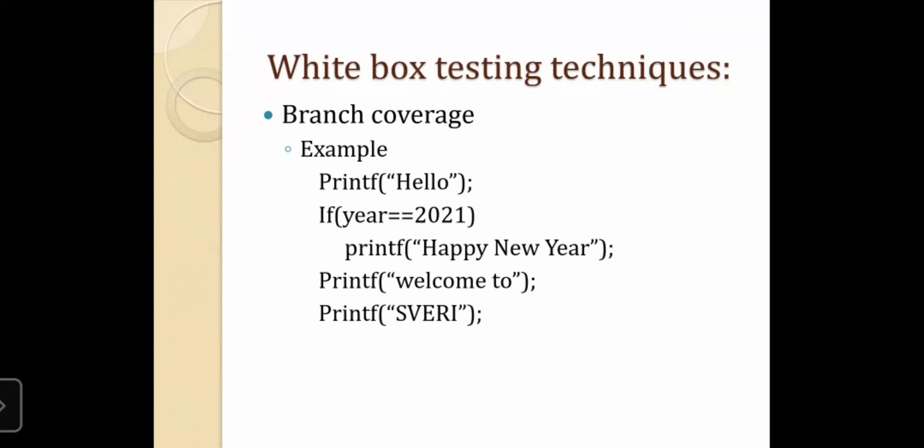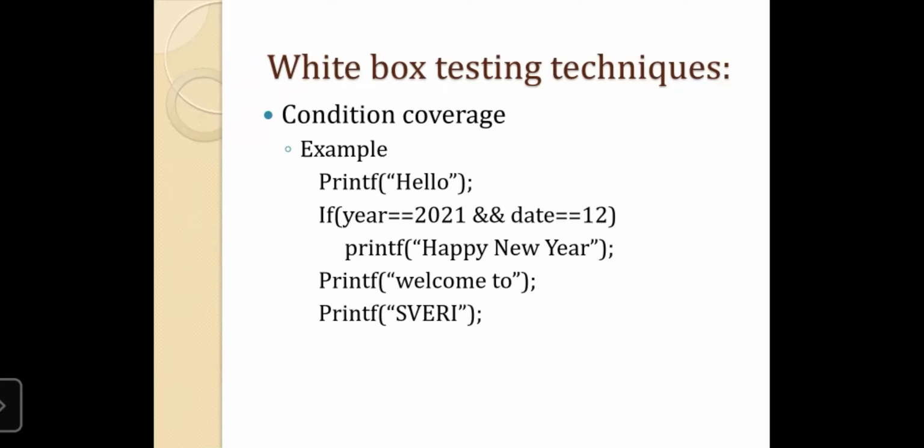So this is the branch coverage, and after that we have condition coverage. So condition coverage is what? Suppose one or more conditions are given in the program. That means according to which particular combination you are using, you will be executing the code. So here in this case, print hello, and then you are checking whether the year is 2021 and date is exactly equal to 12, so for today both the conditions are true.